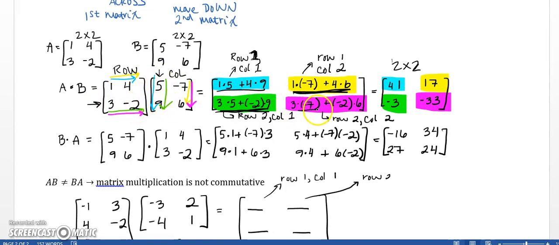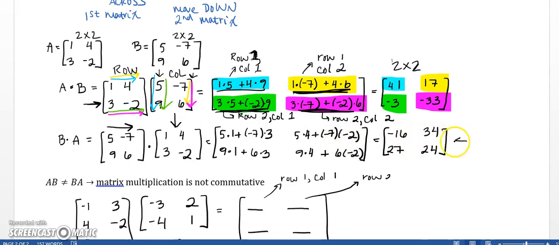And our last element is in row 2, column 2. So I'm still in row 2 now. Now I'm in column 2. 3 times negative 7, move across, move down, plus negative 2 times 6. I'm doing a very similar procedure here, moving across, moving down. And whenever I do B times A, you can write that down and try to follow along with it, I